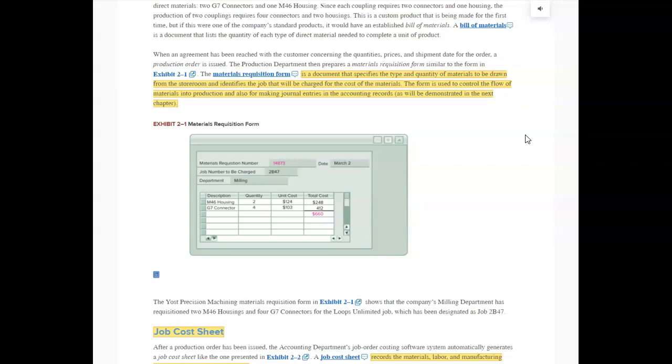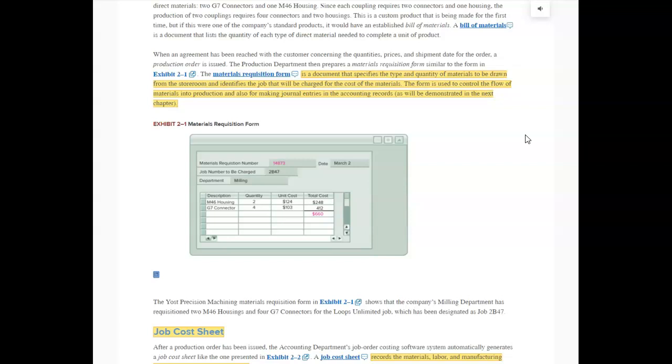And so you need to requisition the materials, and companies will have forms for this. What materials do you need? How much of the wood, plastic, steel, whatever do you need for that job? So you fill out this requisition form and send it to the materials warehouse, really, where they have materials inventory, and